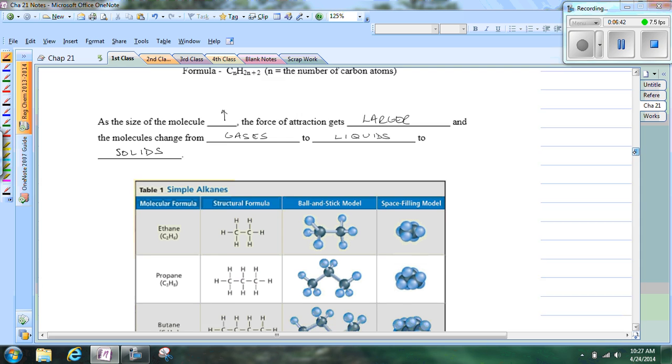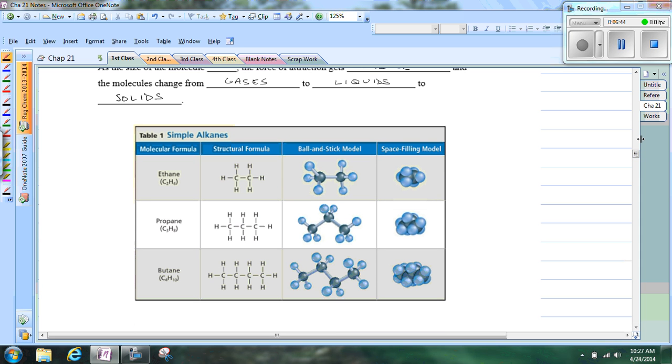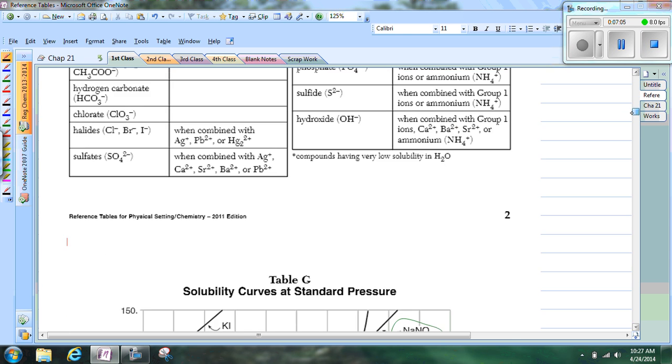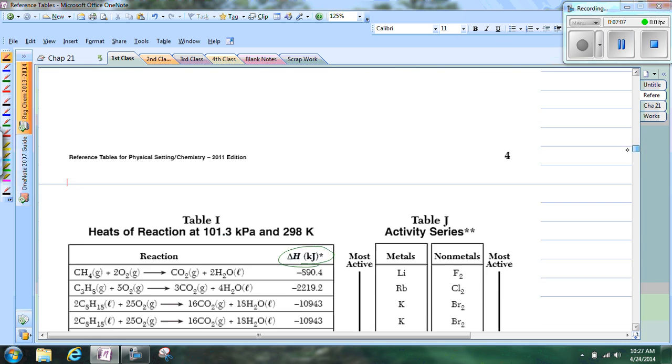Now, one of the fun parts of hydrocarbons is starting to name these different compounds. So we have a couple of reference tables that we're going to look at. So I'm going to bring up the reference table quick, and I'm going to scroll down until I find